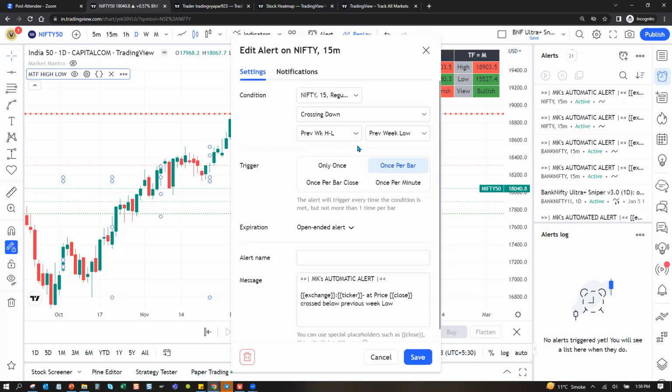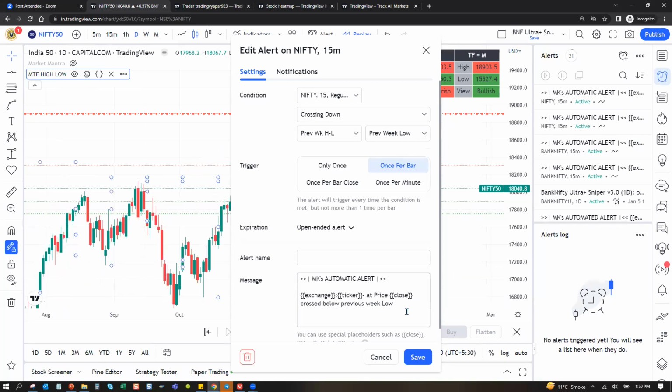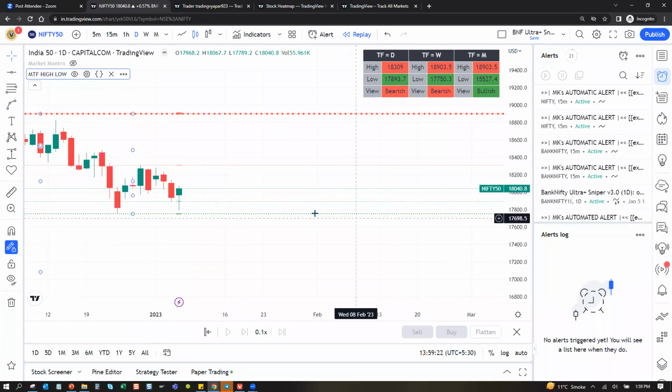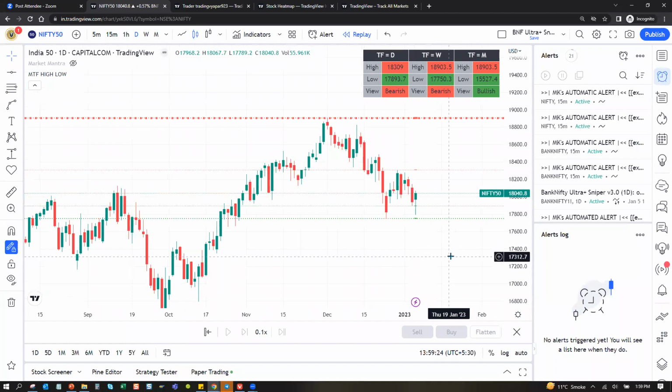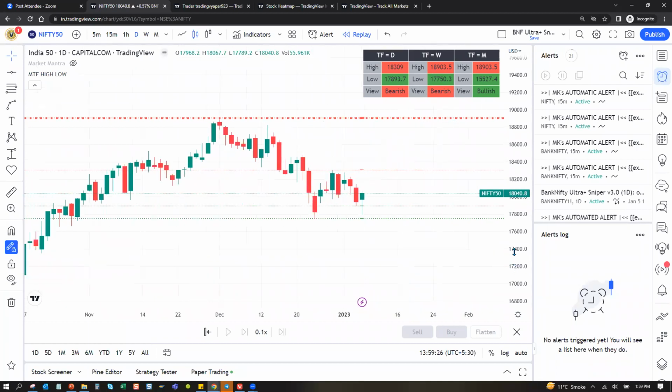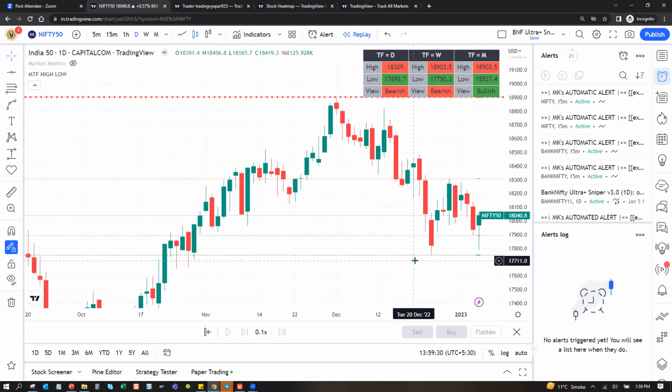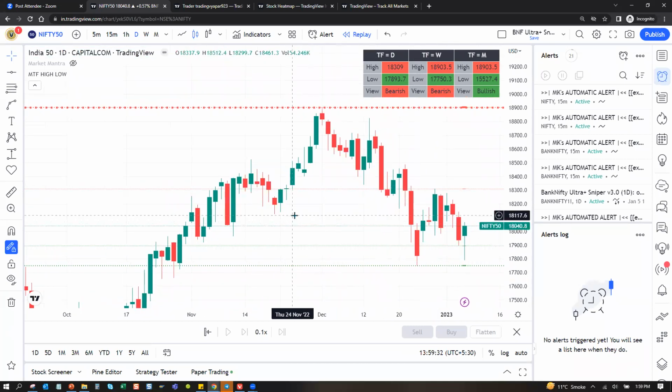When the previous week's low breaks, we want an alert on Telegram. So this has now been enabled. All of these multi-time frame alerts, using this simple indicator I coded, keep coming to our TradingView Telegram group. You may find it a lot of spam, so mute it. But people who want it, it's for them. Otherwise the notification sound will keep ringing.